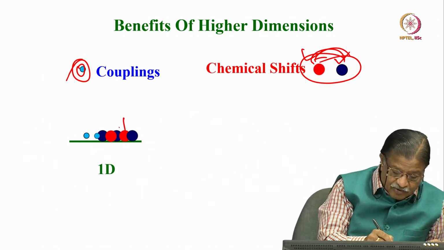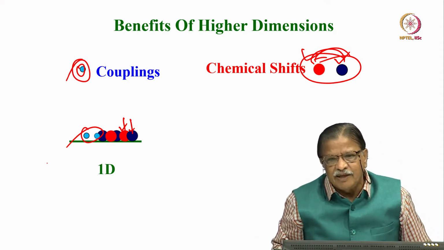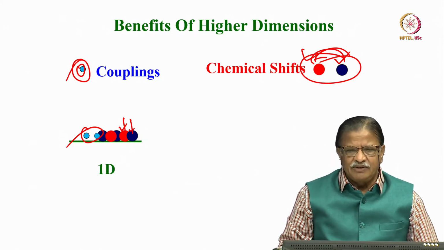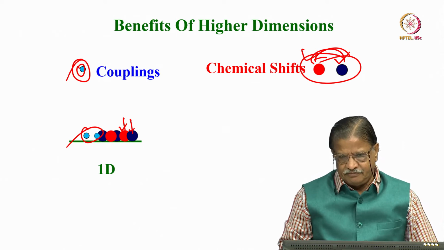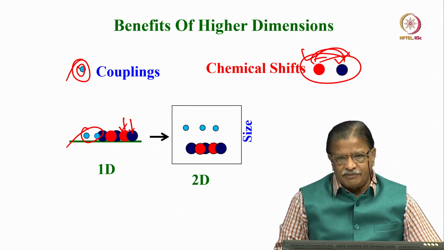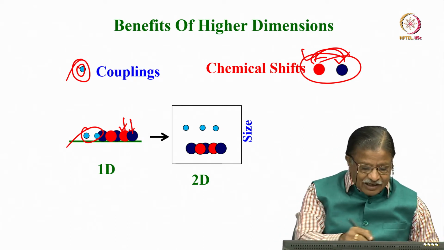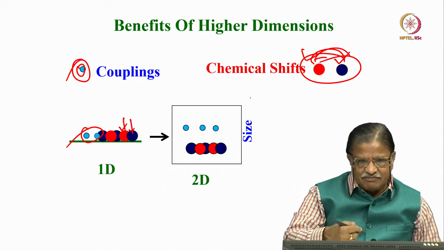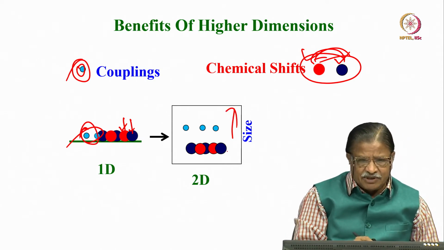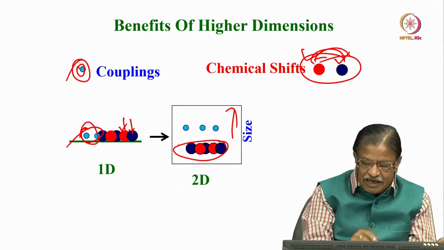Now we have different protons and J couplings, and everything is overlapped. It is a complex spectrum. If you want to analyze this 1D spectrum, it is fairly complex, and you need to spend a lot of time. On the other hand, we can go to 2D. I can do a 2D experiment in such a way that I can resolve this on the basis of the sizes. Let us say I can have J couplings which are smaller in strength in this dimension. All these black and red balls that are drawn here are of the same size.